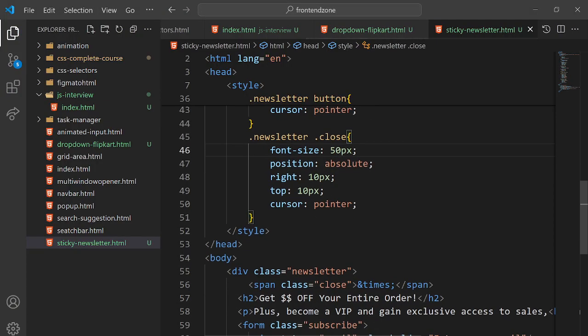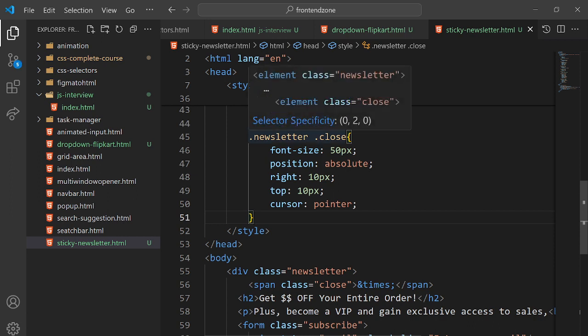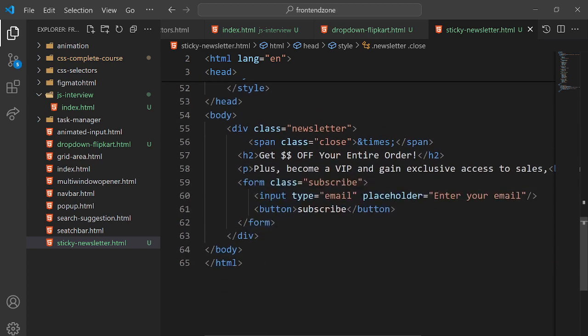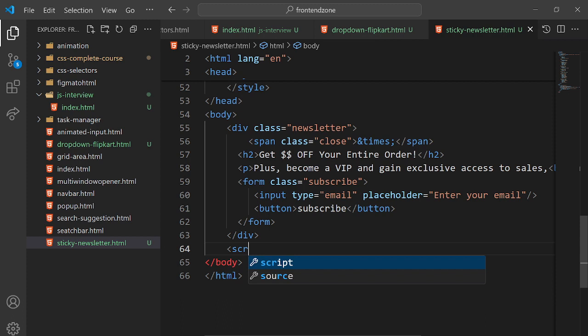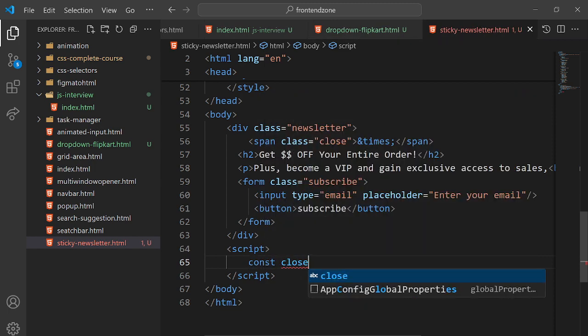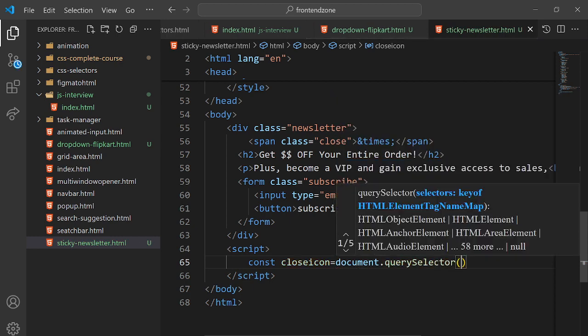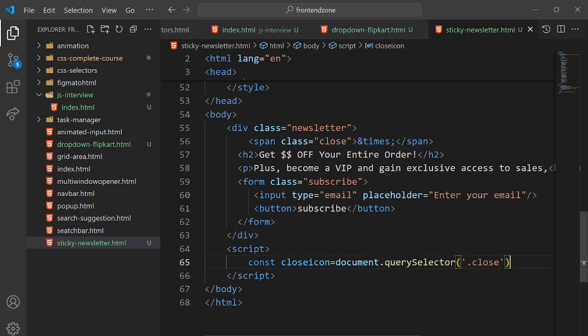So now what we will do, on click of this, we can set the newsletter display to none, or we can just remove that element from the DOM. So we need JavaScript here. For that, we just need one line only. So let's say const closeIcon is equal to document.querySelector('.close'). So on closeIcon.onclick,